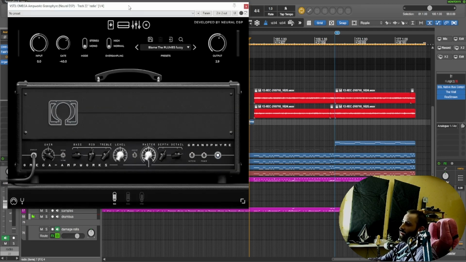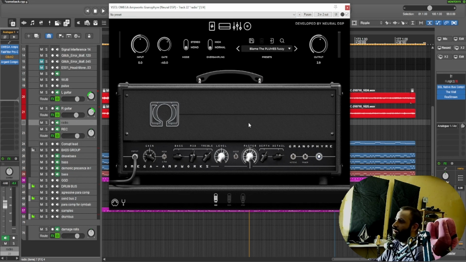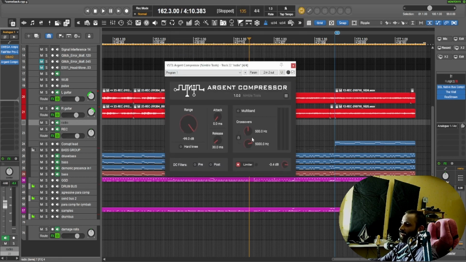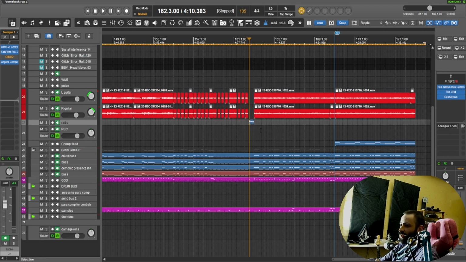I usually use either Neural DSP Omega or Neural DSP Nolly, and I always wanted to have something, I don't know, like an edge for my radio effect guitar. And here I just smashed the Argent compressor on top of that chain. I'm even sure I haven't changed anything. It's the default preset with just the volume knob turned a bit down, and it just gave an edge to my radio effect